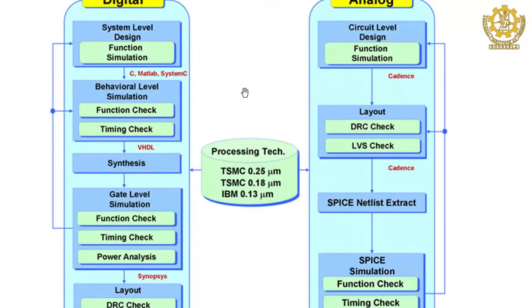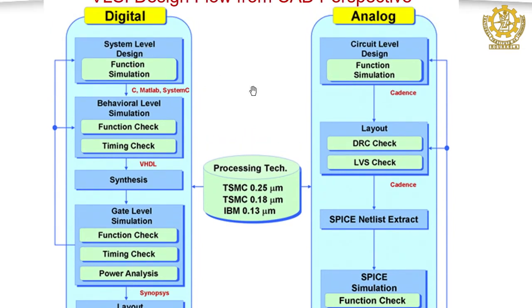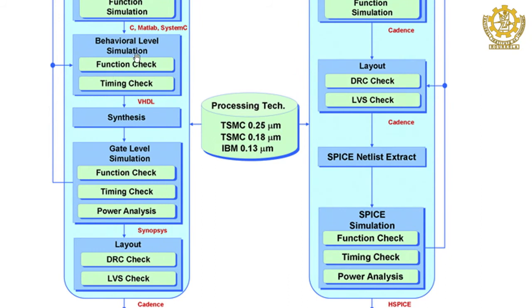The output will vary with respect to the time parameter on the x axis. Static timing simulation is a bit complex, so we will discuss it towards the end of this syllabus. So the timing check here can be dynamic based. You can just imagine in system level you did one phase of simulation, in behavioral level you did another phase of simulation, and in each phase you have to do simulation. Hardware is so precious that in each phase we have to do simulation and assure that our hardware in each step is correct as far as functionality is concerned.